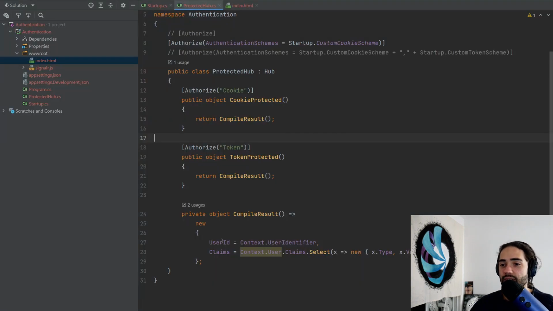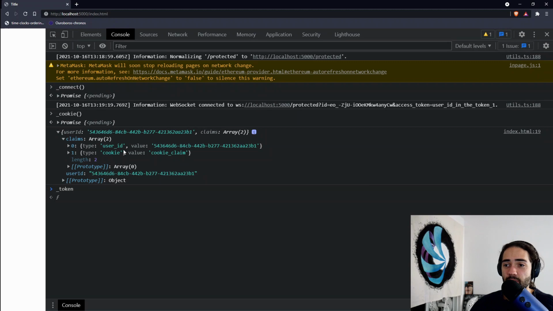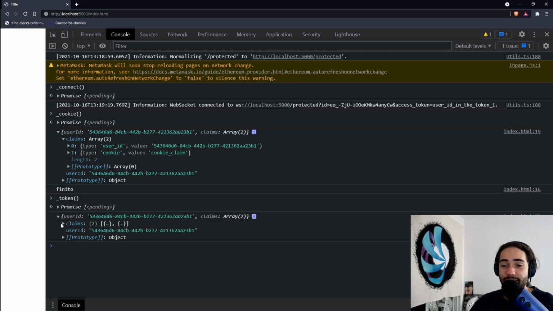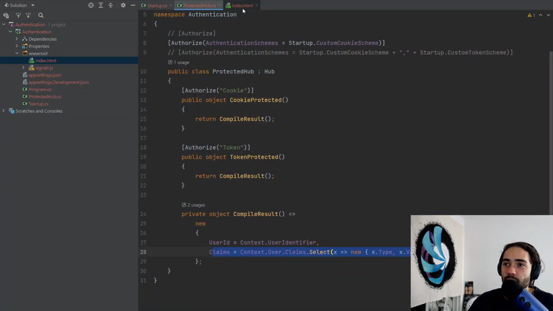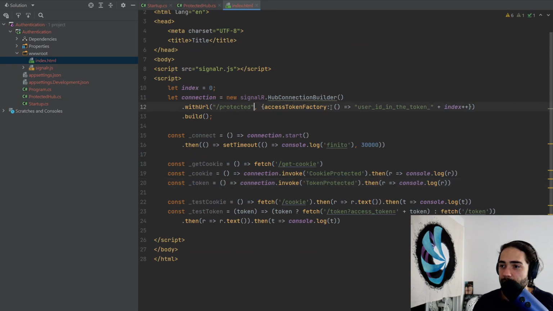So again, if you didn't stop and take a look at the compile result that we're returning here, we're just returning the identifier and then all the claims. So these claims, this is why I'm putting them here. We can then see what kind of identity we're using to access the endpoints. But anyway, let's go to the token and we can access it, even though we can see we only have the cookie authentication schema here. And I can prove this by, again, going back here. Let's say we're not going to be passing any token stuff here. This is going to